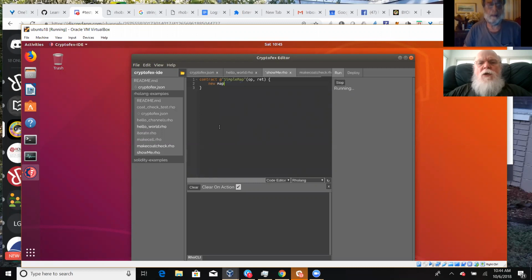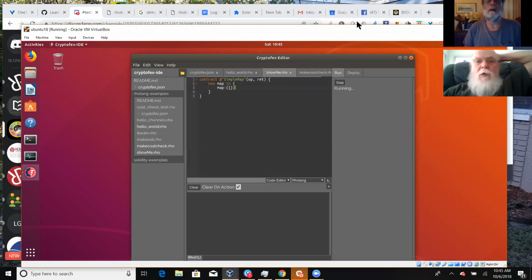Okay, and then we need to do one of these. We want to do a map right of an empty map. Is that a map?